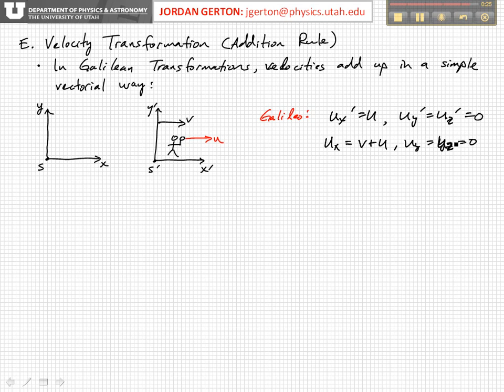And I want to emphasize that this is wrong. In general this is wrong. It's a very good approximation when you're working at non-relativistic speeds. That is, when the two observers are moving with respect to each other very slowly compared to the speed of light, then this velocity addition rule